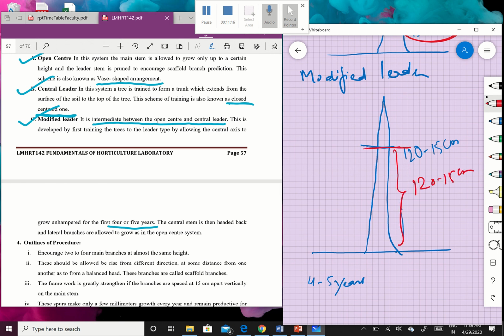On the main stem, the first shoot is selected at a height of 40 centimeter from the ground and 4 to 5 branches located at a distance of